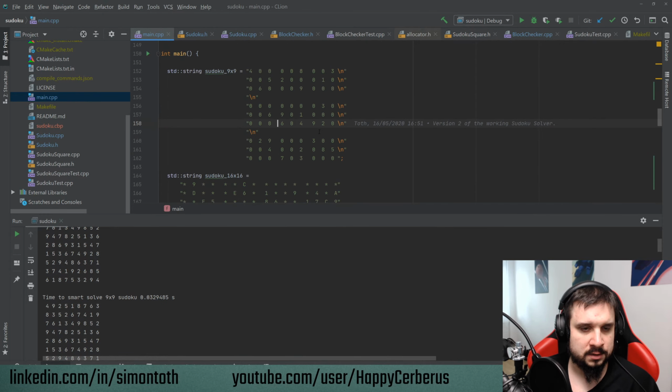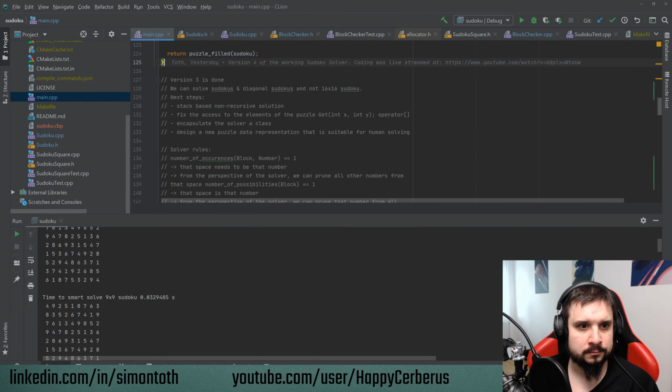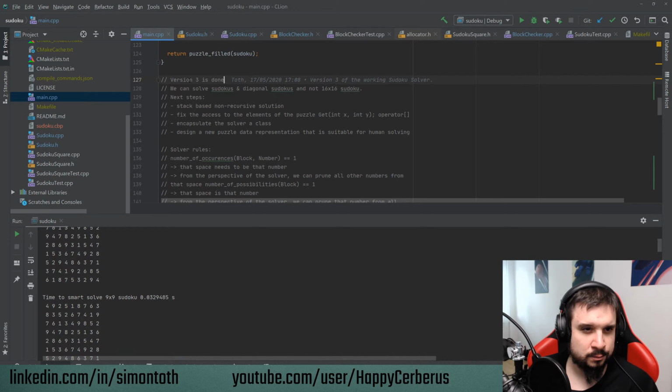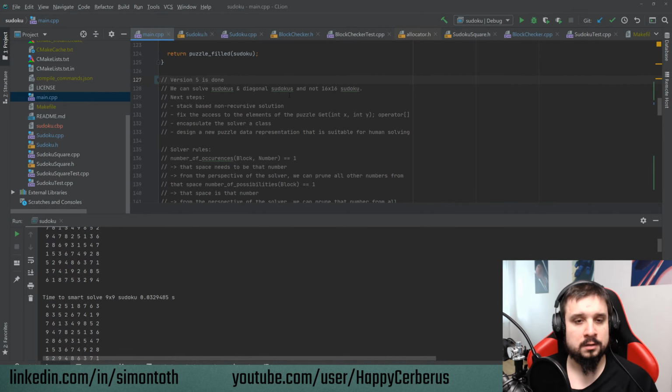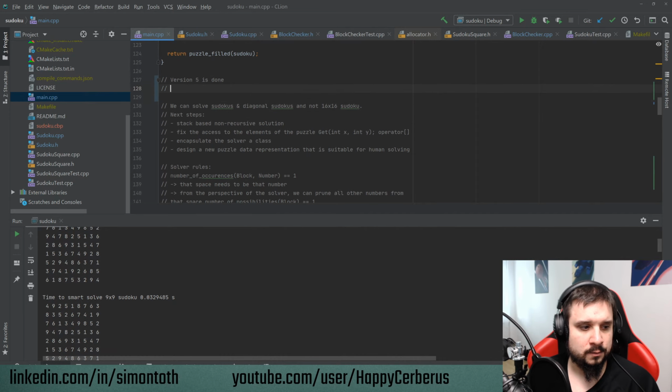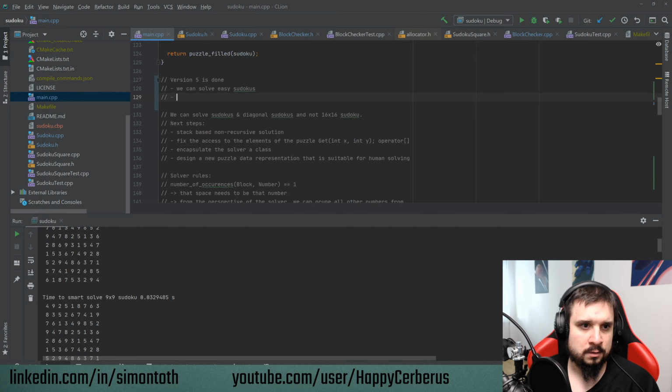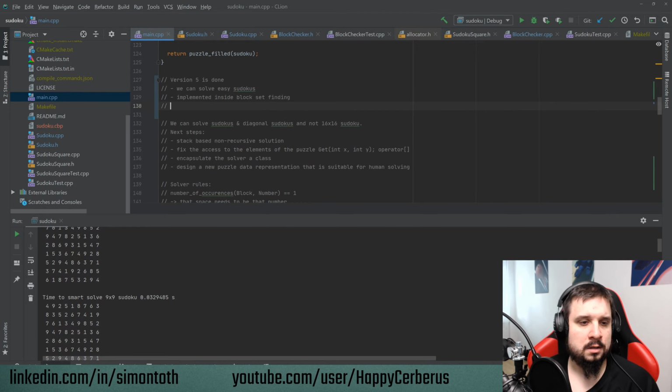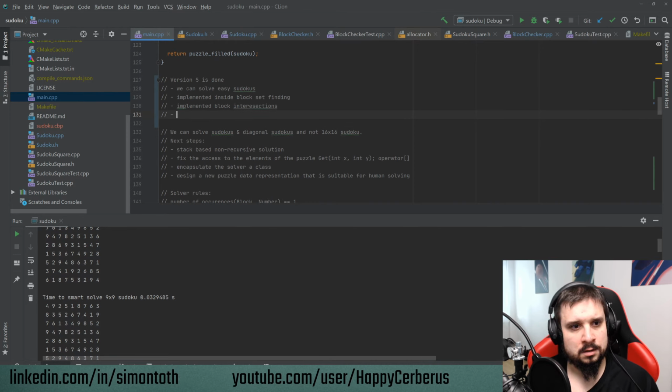Where do I have the state thingy? Here is the state thingy. I guess this would be version 5. So what can we do? We can solve easy Sudokus. We implemented set finding, this is inside block set finding. We implemented block intersections. We implemented swordfish,